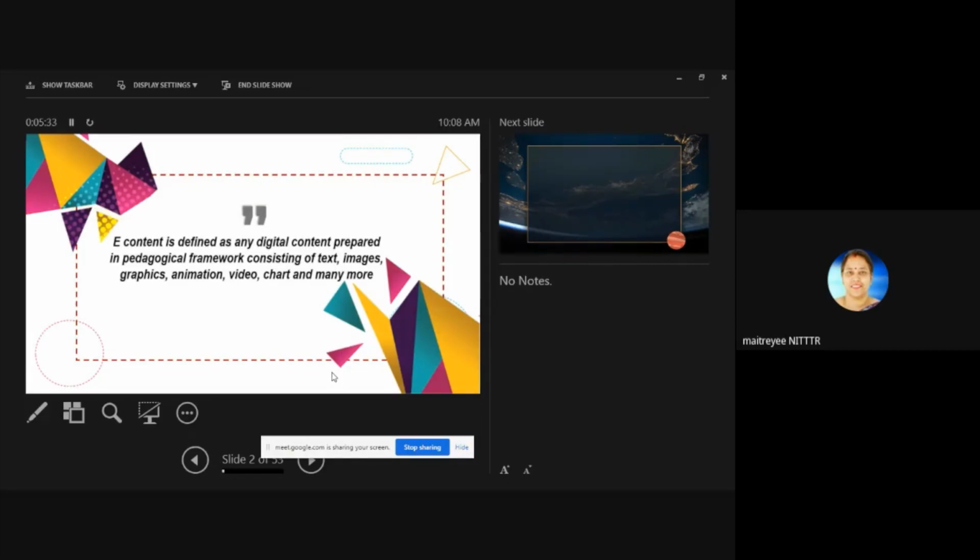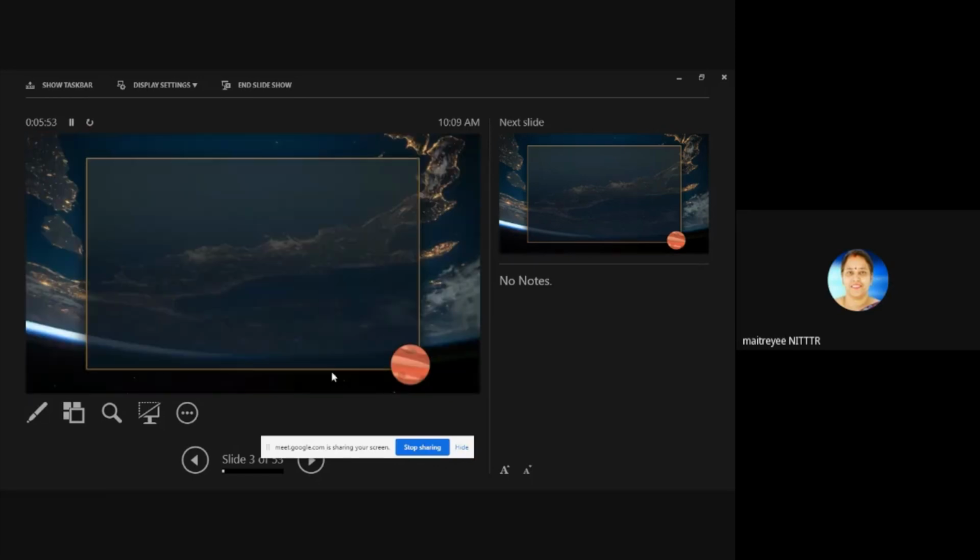You can give charts. All these things will be included in the e-content. So that is actually the pedagogical framework. That means how to introduce this pedagogical thought into your content, consisting of text, images, graphics, animation, video, charts, and many more.